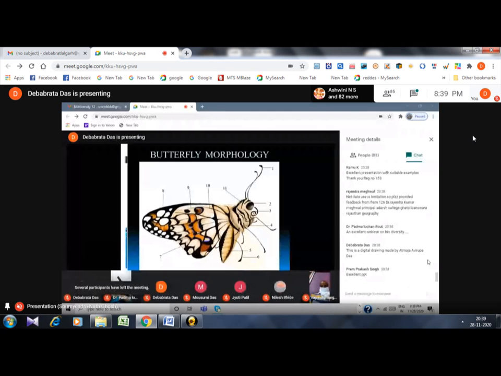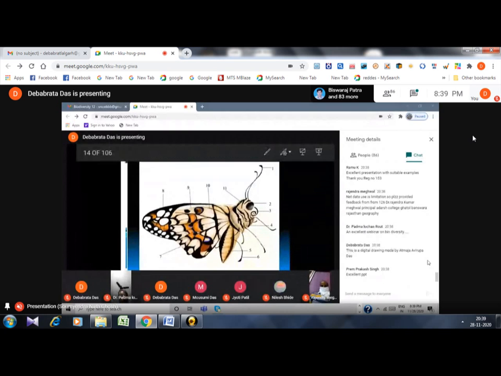Then we come to number 7. The hind wings. The lower wings closer to the abdomen are called the hind wings. And number 8 are known as the forewings. Those are upper and they are close to the head. Then number 9. Number 9 is called the cell. You can tell that number 10 is marked.